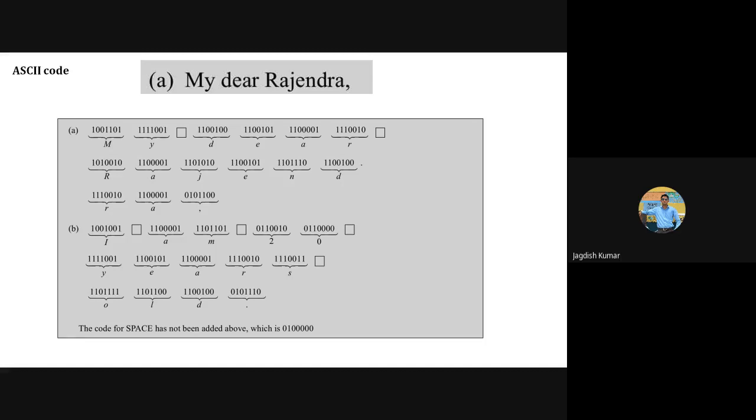Okay, fine. So that's about how to convert numbers from decimal to Gray code format, and then Gray code back to decimal format.